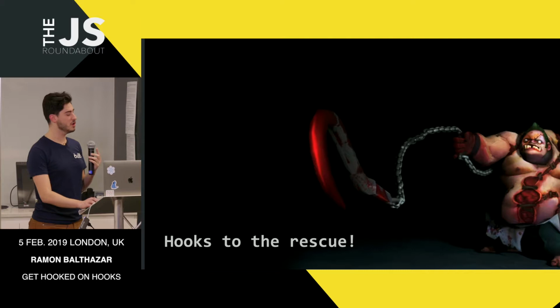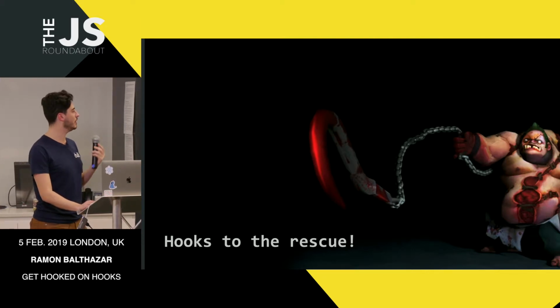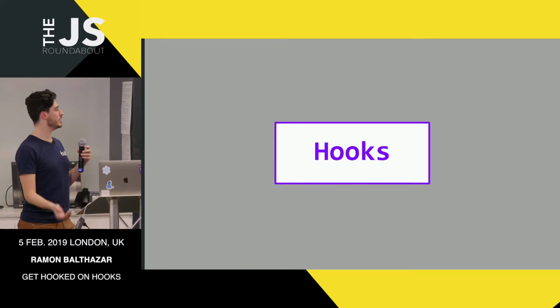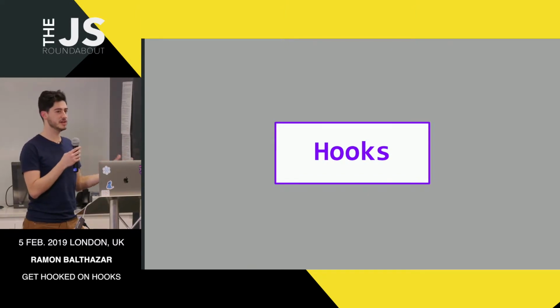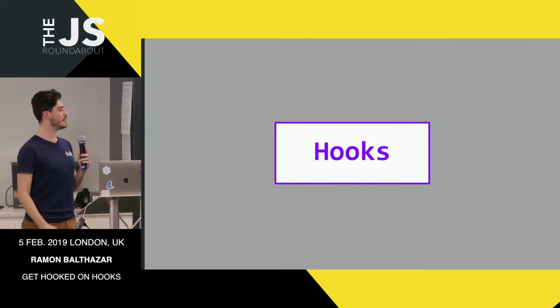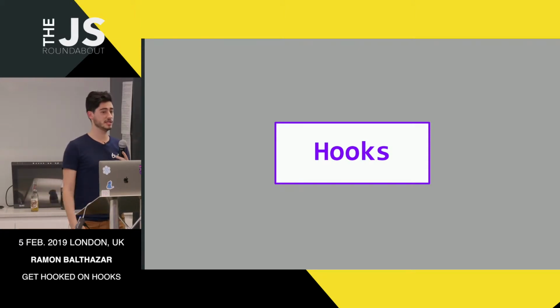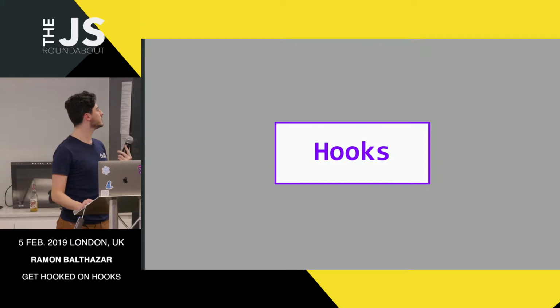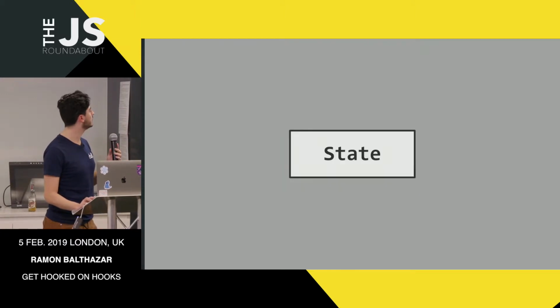I'm going to show you tonight how hooks help us solve each of those points, and let's get started. So hooks are basically functions that you call inside your functional components, and they give you access to functionalities that were only previously available inside classes. To demonstrate it to you, I'll do some live coding, and I'm going to show you how we replace state in a class component with code.